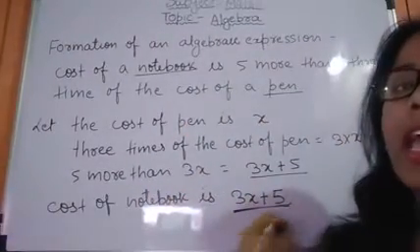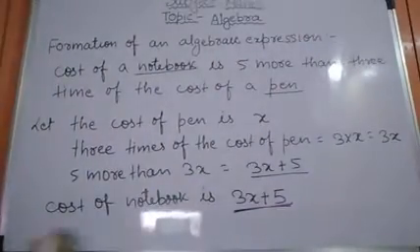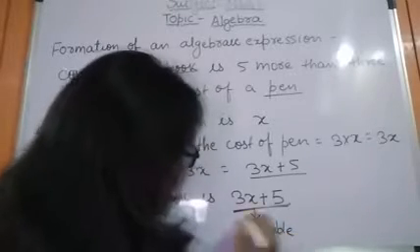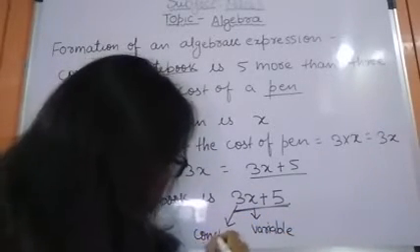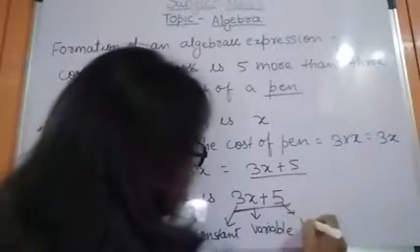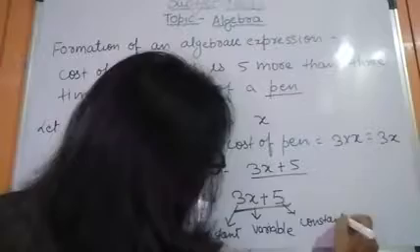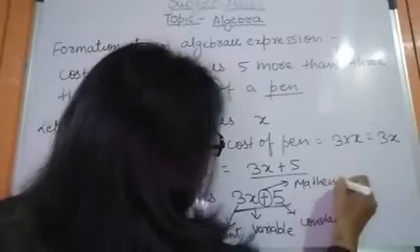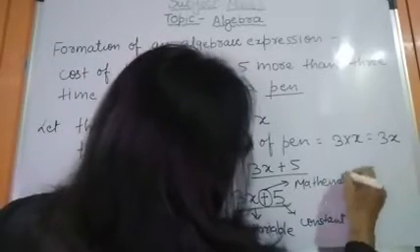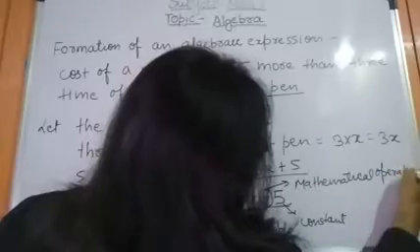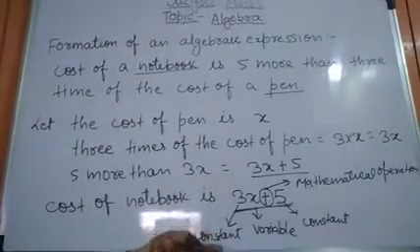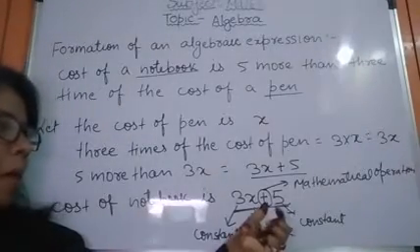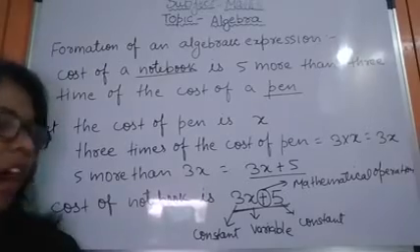This is called an algebraic expression. Here, what are the things? This is a variable. This is a constant. This is also a constant. And this is a mathematical operation, that is the addition operation. So in 3x plus 5, 3 is a constant, x is a variable, plus is a mathematical operation, 5 is a constant,